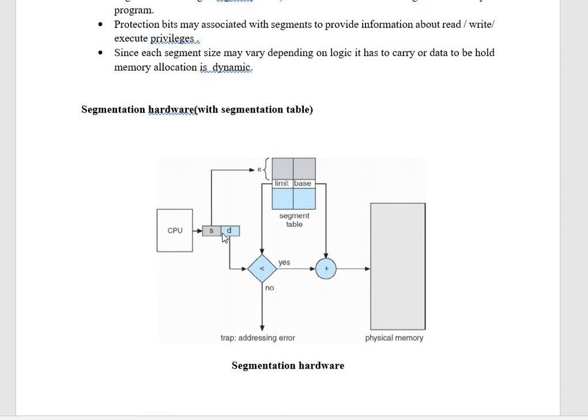So we need to fetch the segment part, the number of bits that would represent the segment. We need to fetch the segment number and check what the address is. For that particular segment in the segment table, since the segment table uses the segment number as the index and has the information about its base address and the limit address, we could easily fetch the details of that segment. So we got to know the limit and base address of that particular segment.